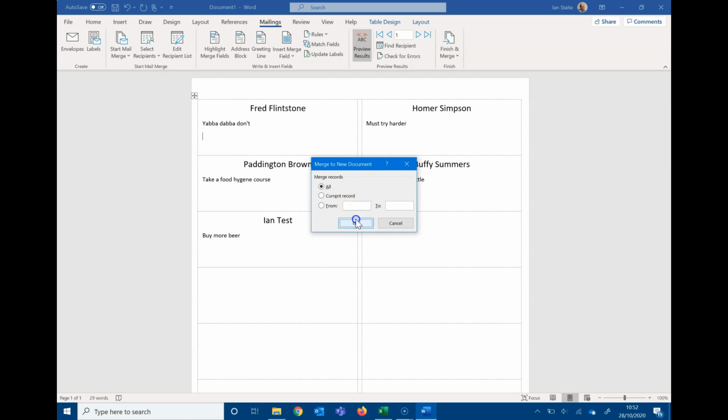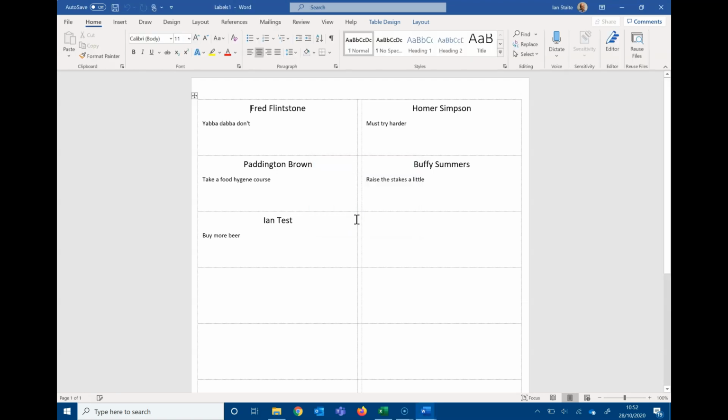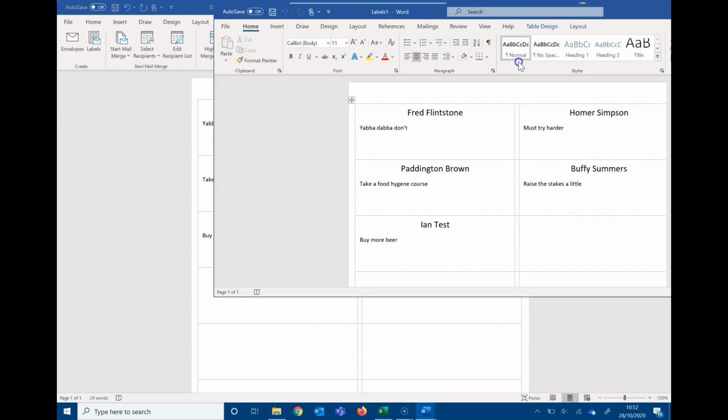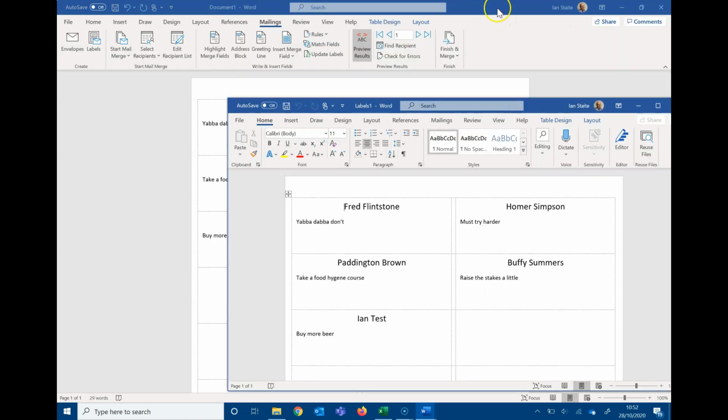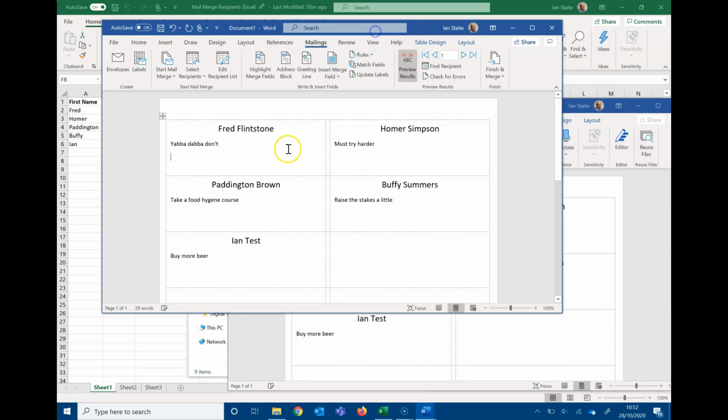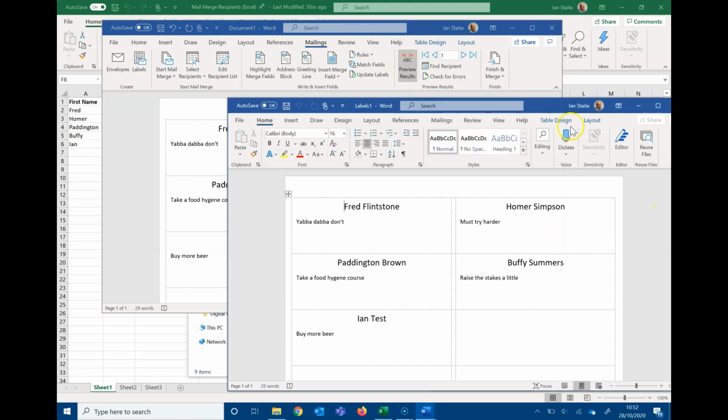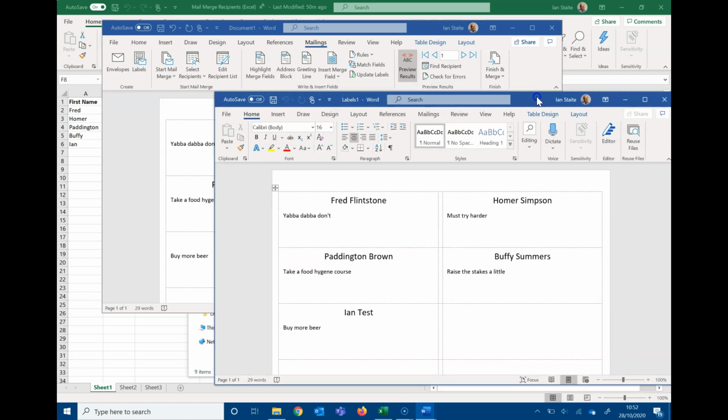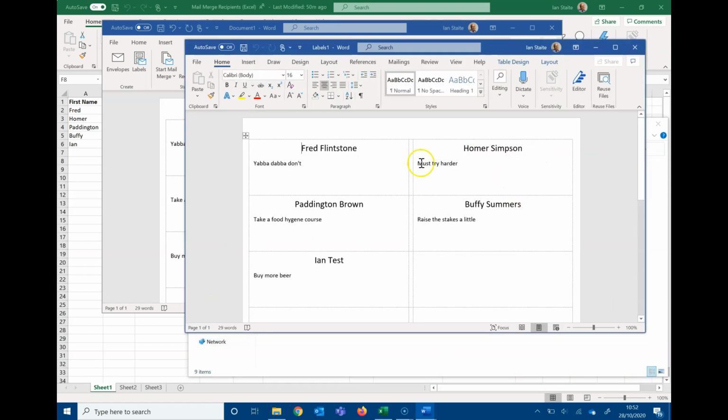I'm going to select all the fields here. And that's going to give me two documents. One is my original template, so this has got all the codes in. It's just a single page document. The other one may be multi-page if there's lots of labels to generate. This is the one with the expanded information, the personal information, ready to be printed out onto labels or onto plain paper, cut up and dealt with accordingly.